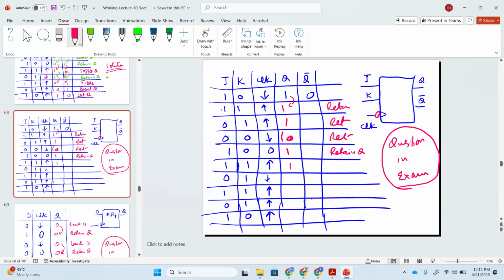0 1 is reset, J stands for set and K for reset, so it will be 0. 1 1 toggle. Yeah, it will retain 0. It will retain 0. Got it or not got it? Any question? Clear? This is how it works. So what I'm going to do,